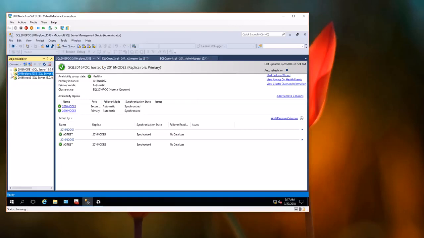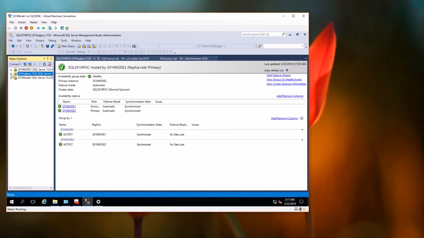So the listener is a similar kind of thing. It is the virtual name where you can point your application to. You can also define a different port number other than the default port. So basically you point your application to the Always On listener name.